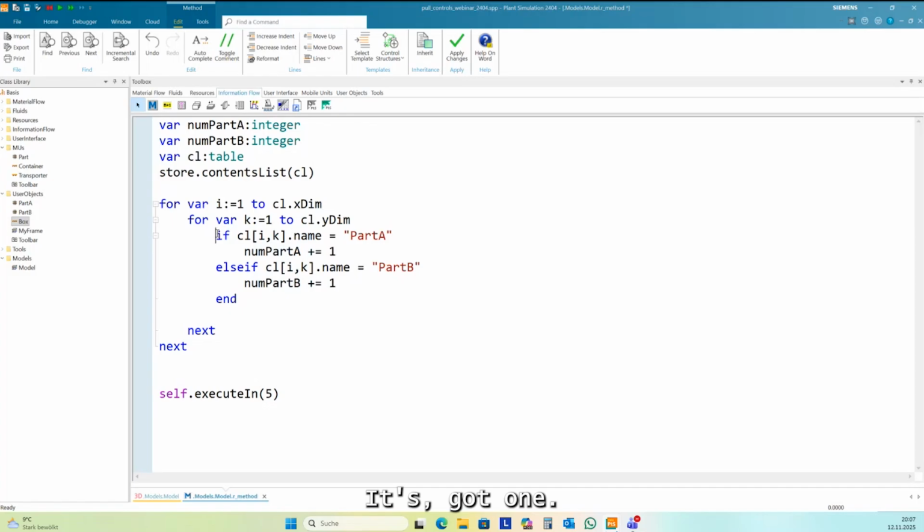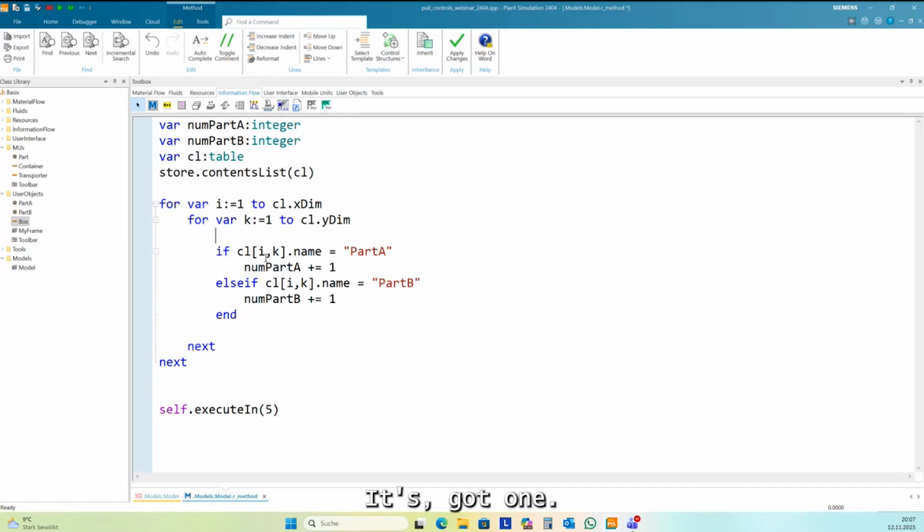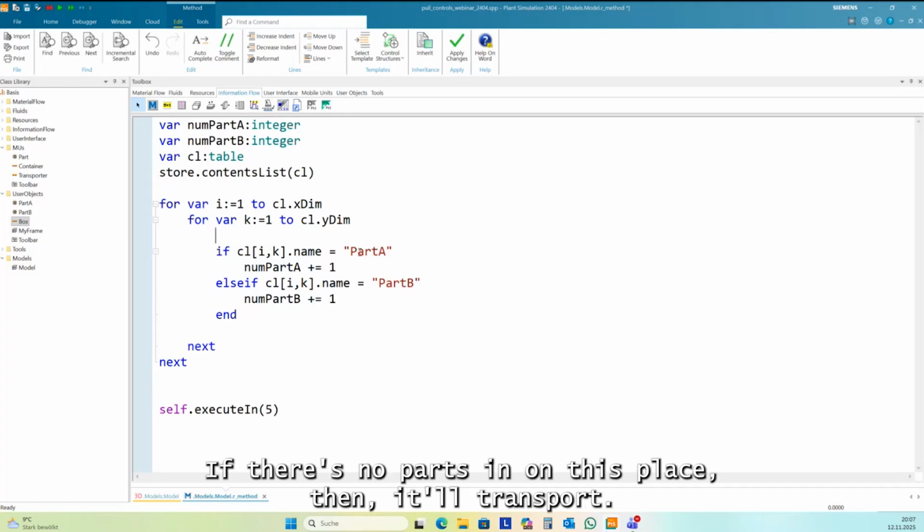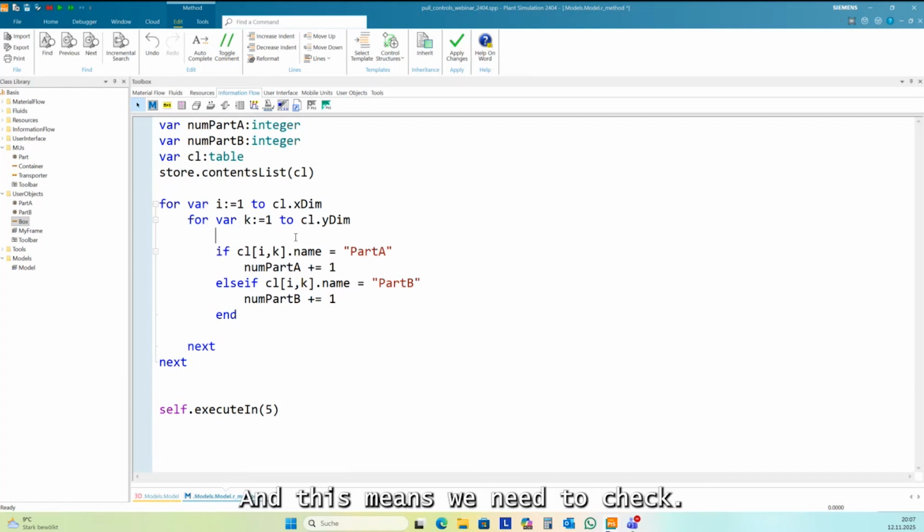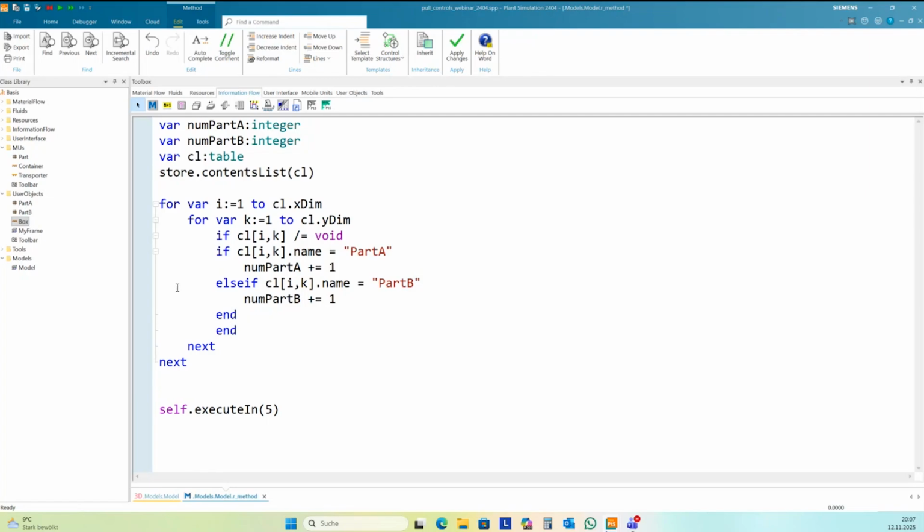This is void. If there are no parts on this place, then it returns void, and this we need to check.